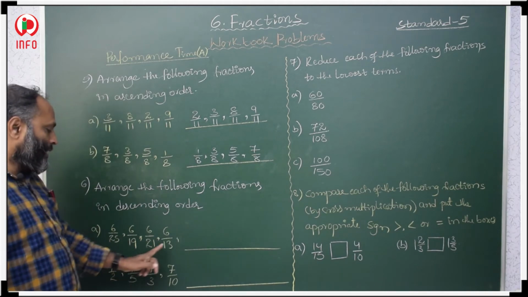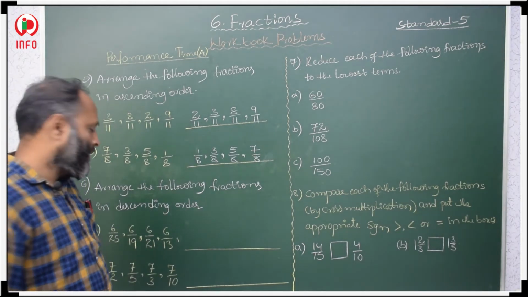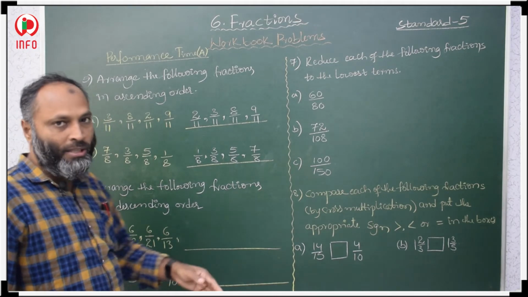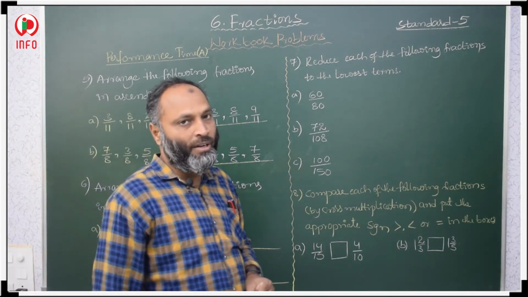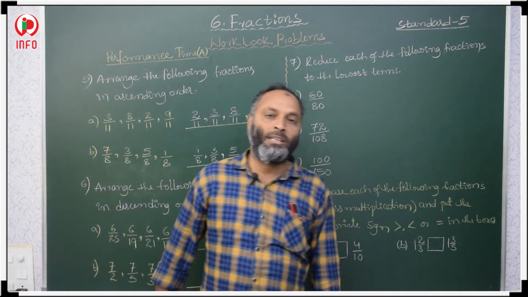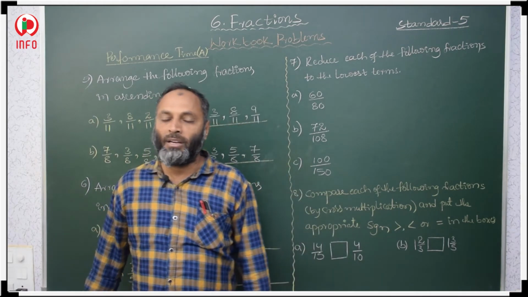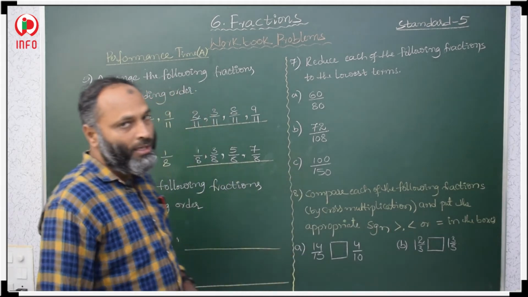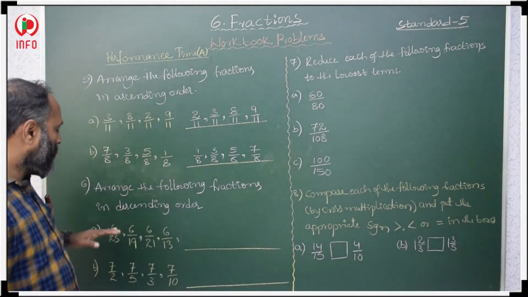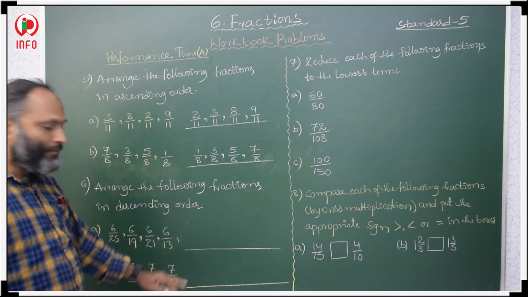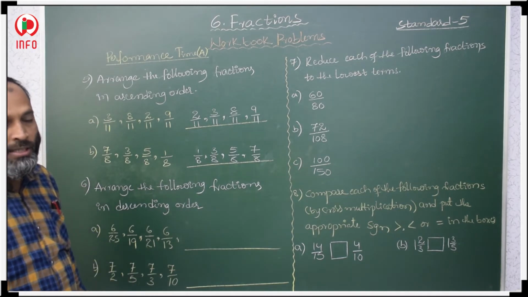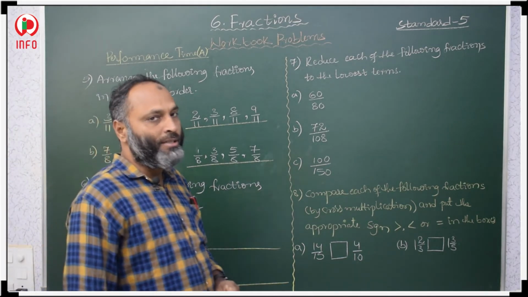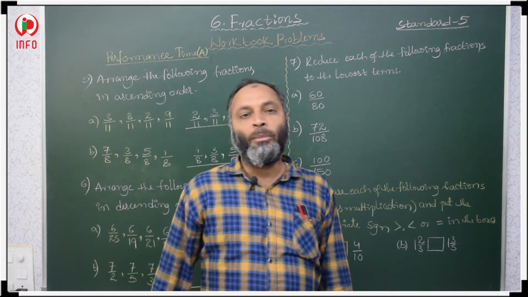Here see the denominators, different denominators we have. Here also different denominators. In these two fractions we have different denominators. So, it is unlike fraction. These are the unlike fractions. But here unlike fractions are given, but one thing is common in these two fractions. Here numerators are same. So, fractions are unlike fractions, no doubt, but numerators are same.